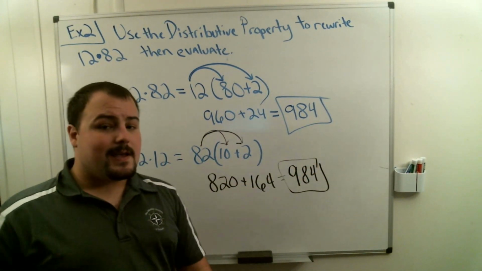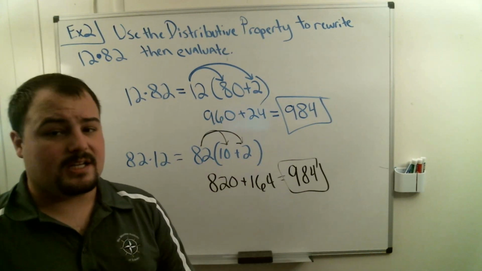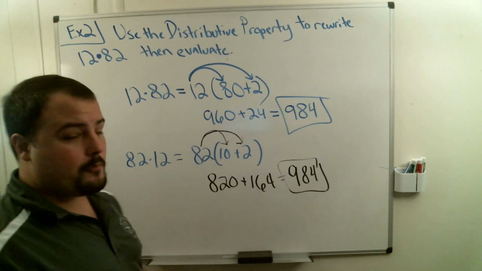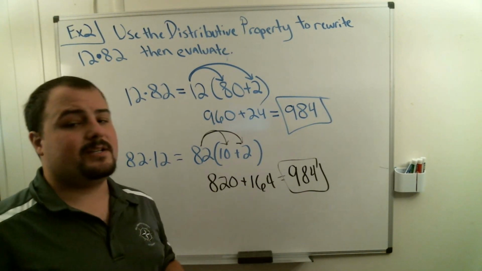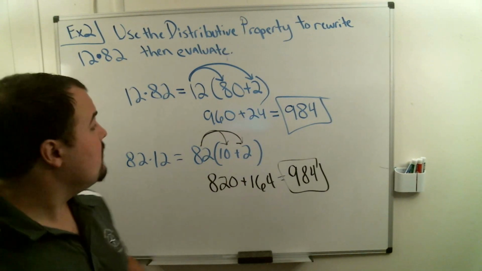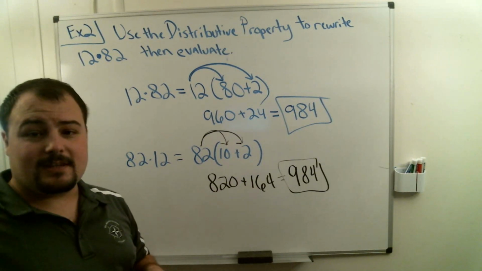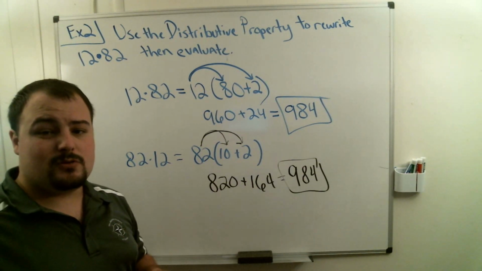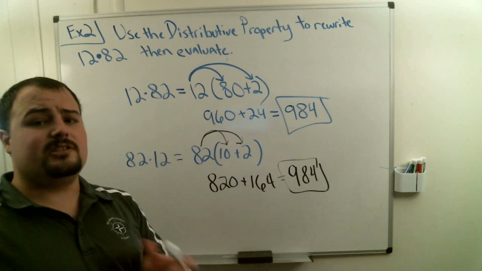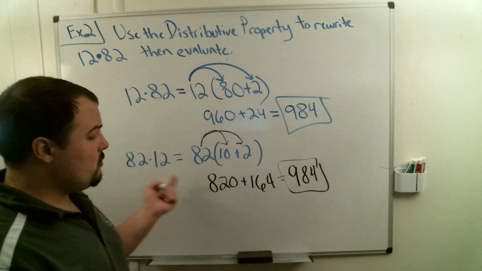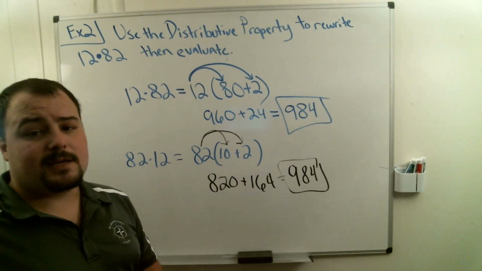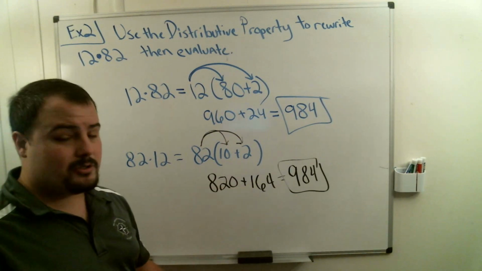Now notice I didn't use a calculator to make 12 times 82 happen. What we did was we broke apart the number and multiplied it by something smaller that makes it easier. I think it's easier to do it this way, but you can also do it this way if you think that multiplying by 10 and multiplying by 2 is pretty easy, because when you multiply by 2 you just double the size. So we're able to break apart numbers to make multiplication easier and do distribution property and still get